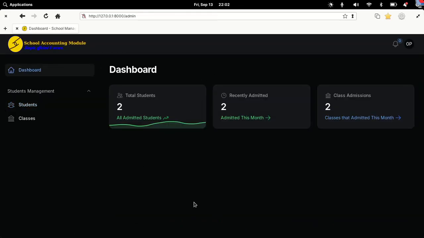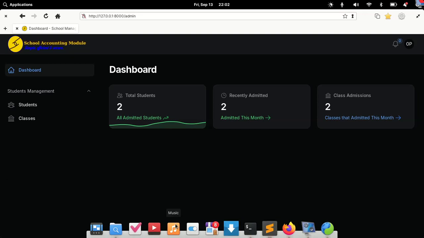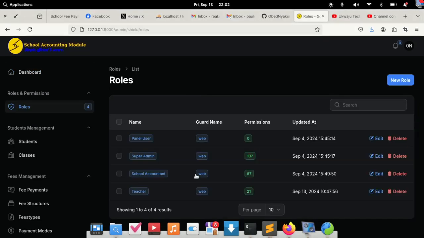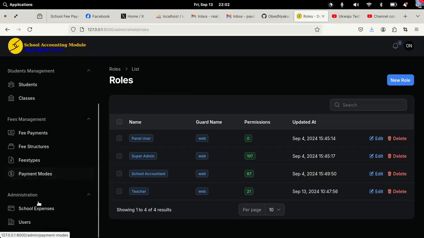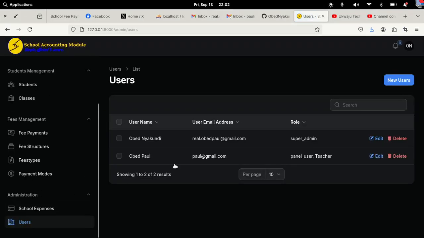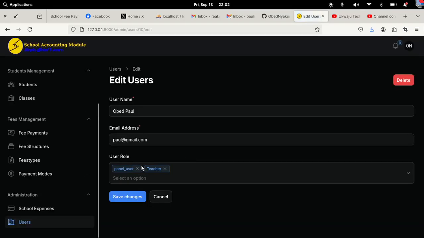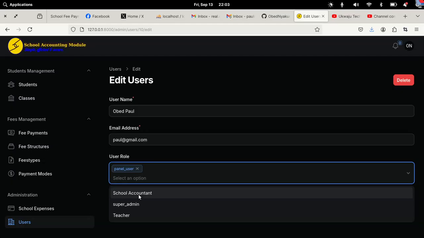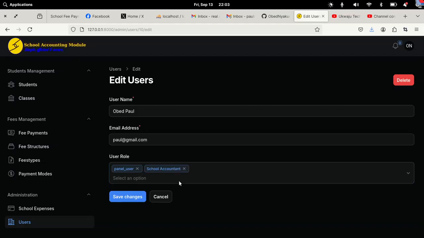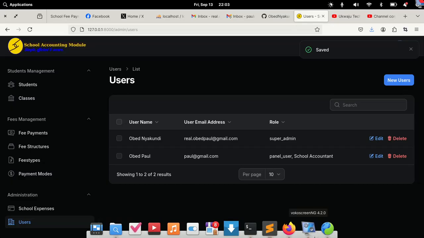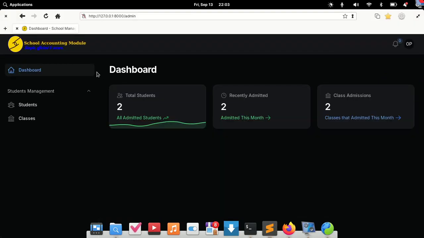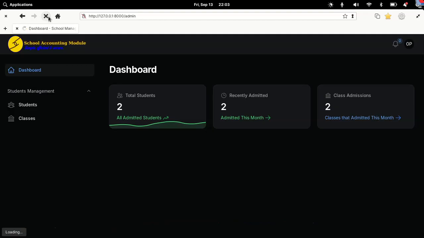If I change this role of a teacher to that of an accountant, I want you to notice what happens. Let me change my own role. From being a teacher, I want to become an accountant. School accountant, fine, and save. Now, if I go back and refresh,